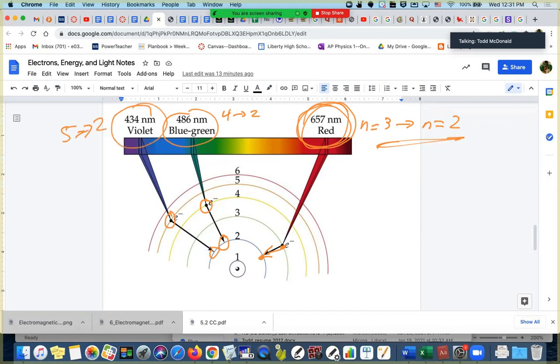Okay, so the bigger the jump, the more energy that's released, and we're going to see that with different corresponding wavelengths. This 5 to 2 would have the biggest energy jump. That's going to be releasing the violet color. The smaller energy jump actually releases red, which is actually a higher wavelength. So we're trying to make some connections here about wavelength and frequency and energy as it corresponds to electrons changing